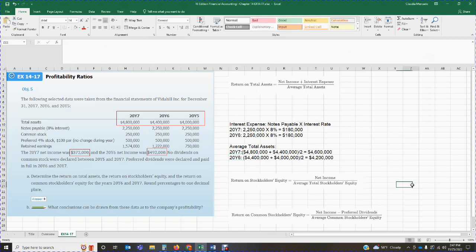Now I've got all of the components that I need to apply my formula. For 20Y7, we have to do a calculation. It will be net income. My net income for 20Y7 is 372,000. I'm going to add my interest